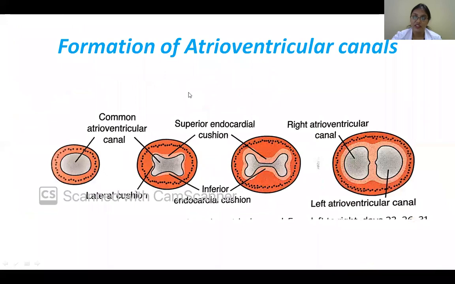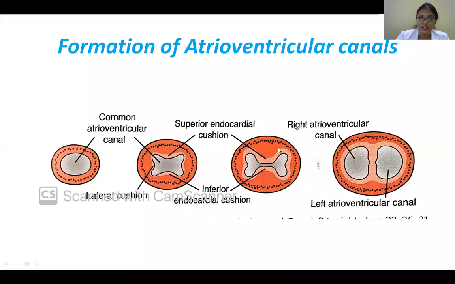Then coming to the atrioventricular canal. Once again, let's recollect the interatrial septum in the primitive atrium. First is a septum primum that reaches the central part here, so there's an ostium primum. As it comes down, above there's another hole, that is your ostium secundum. Then on its right side, there'll be another septum coming here, that is septum secundum. Between these two, whatever you have, that is your foramen ovale.